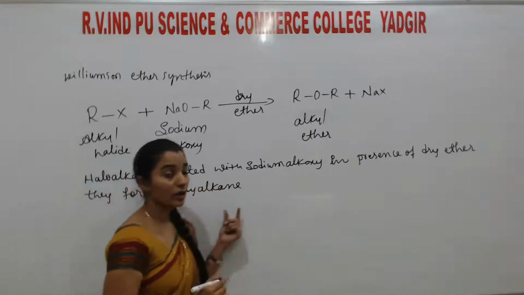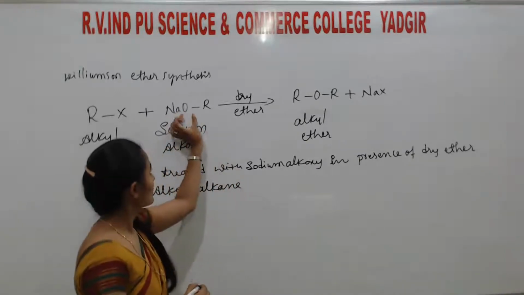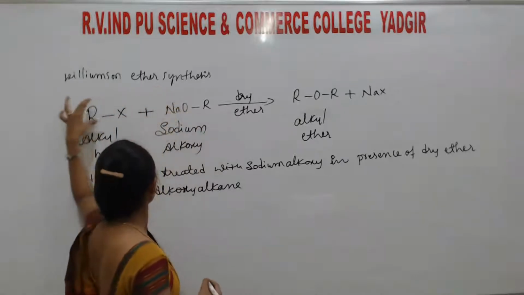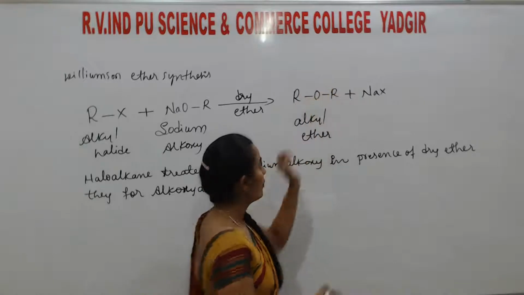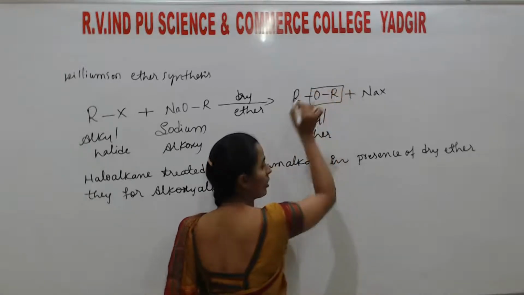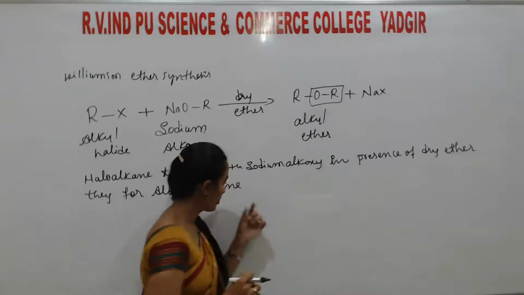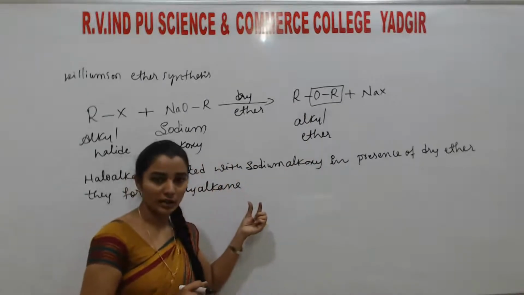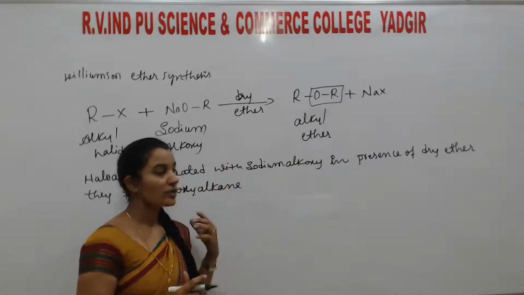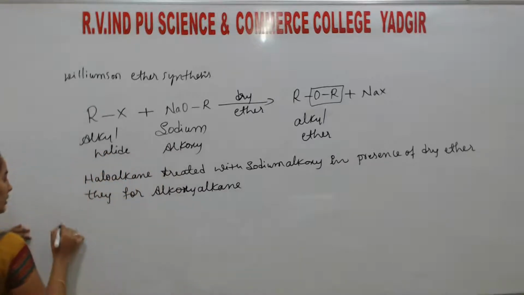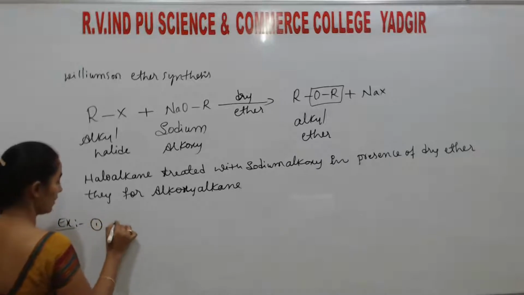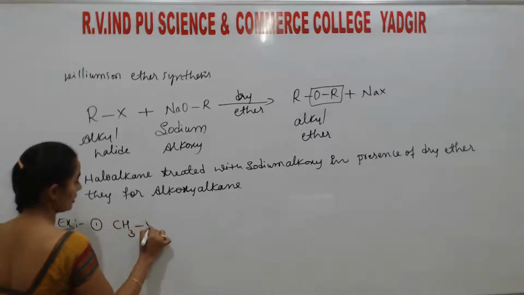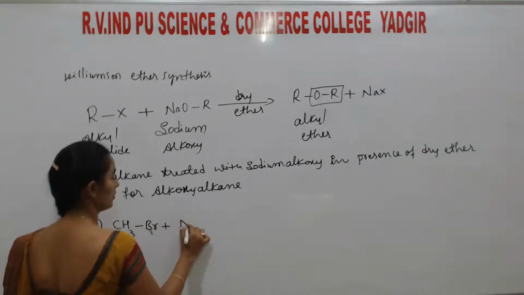They form alkoxy alkane because this sodium is replaced by this R group. Among these R groups, one becomes the functional group, that is alkoxy, and another one is the parent chain, that is alkane. Understood? So when I replace that with an example, then you will understand. Example 1, that is CH3Br plus